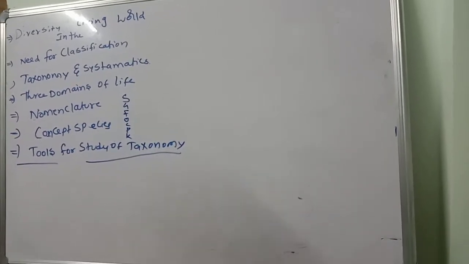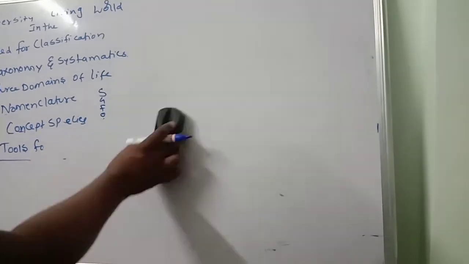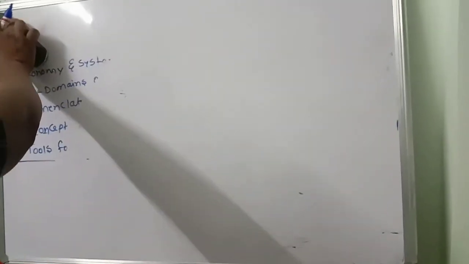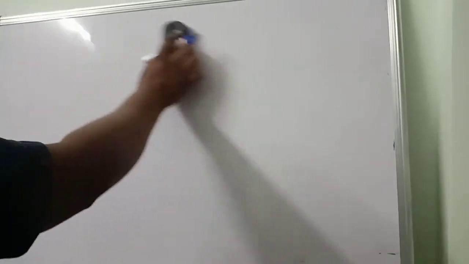So okay children, this is a complete picture of the first chapter, that is only the living world. The first chapter, living world. So worksheets I will give for this. You should compulsorily practice, and you have to get clarity. Next chapter, this is one more important. The next chapter name is Kingdom Animalia.